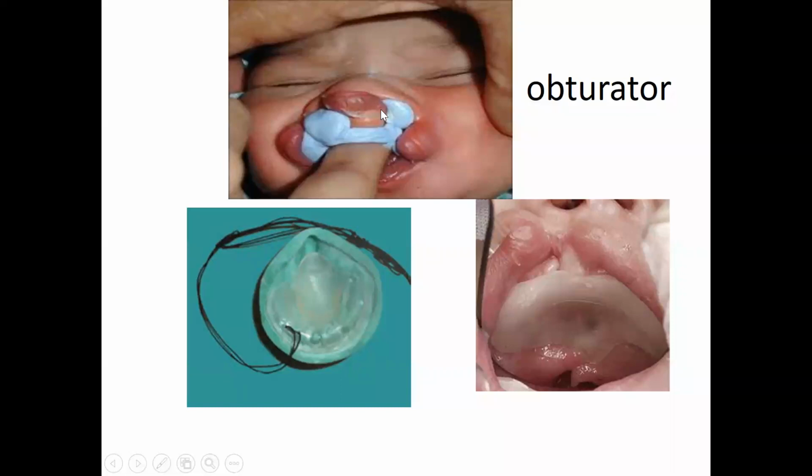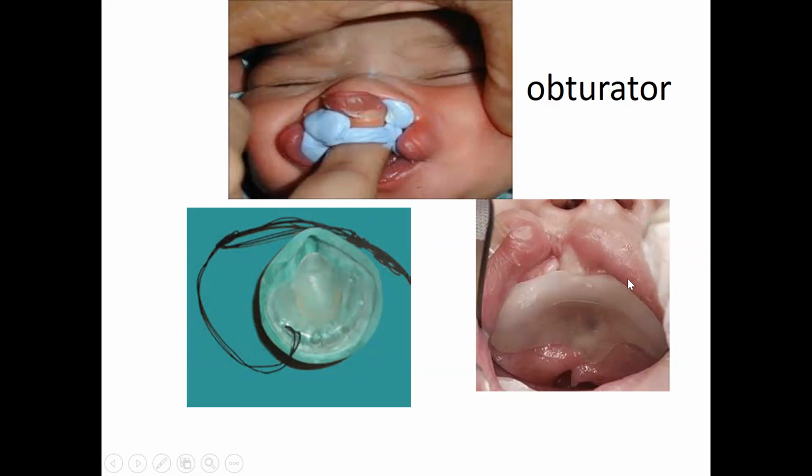If we see those patients, what we used to do is send them to the dental department, or ask them to come to our pediatric department to take the impression. It is a soft, glue-like material with which they take the impression of the palate. After this impression, this is the plastic obturator. They make this obturator, and look, this obturator is fixed here.